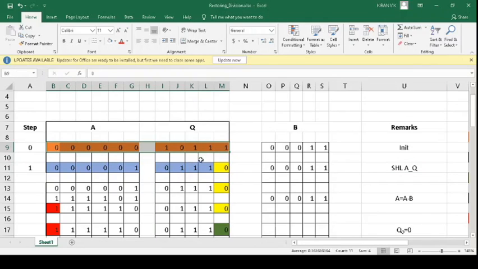Shift left AQ means the contents of the A and Q fields are taken together and they are shifted one bit position to the left, as you see here. These crimson colored bits are the bits under consideration. Then these bits are shifted one position to the left and one vacant position is generated in the LSB of the Q field. For the time being, understand that this vacant position marked in yellow is entered as 0.